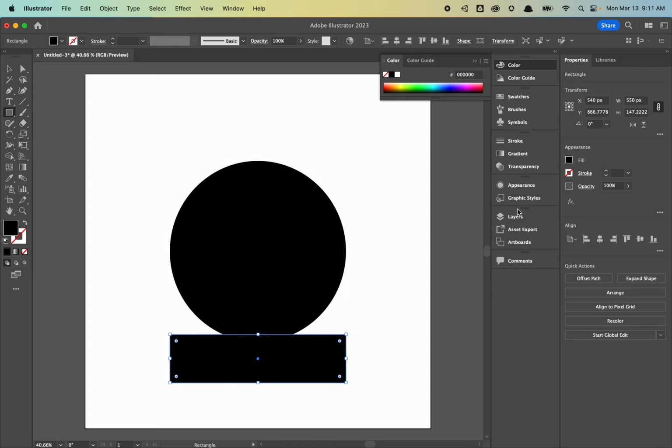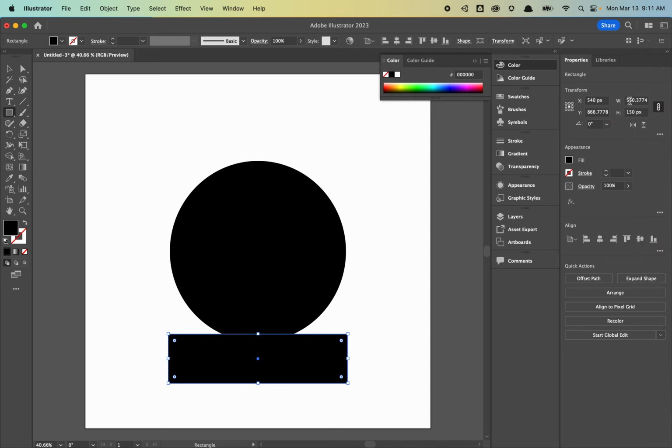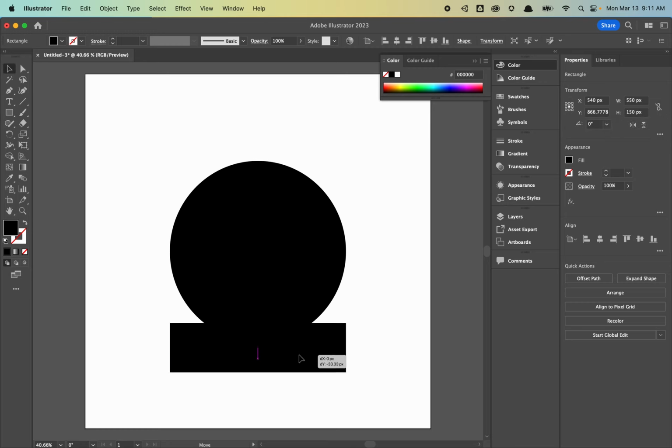All right, so you'll see right here, it's 550 pixels, and I'm just going to make this a nice even number, so 150 pixels tall. But notice right there, it adjusted my width proportionally. So now I need to uncheck the link, and I'm going to make that 550. So it's not that there's a right or wrong setting right here, it's just what are you trying to do. Next thing that I'm going to do is position this so that it is in the middle